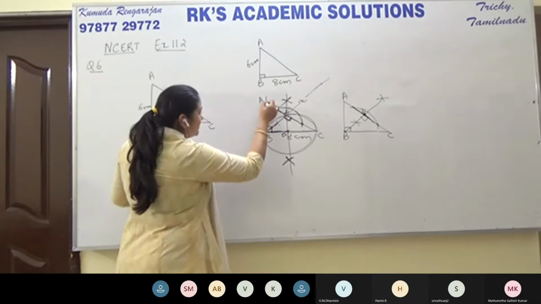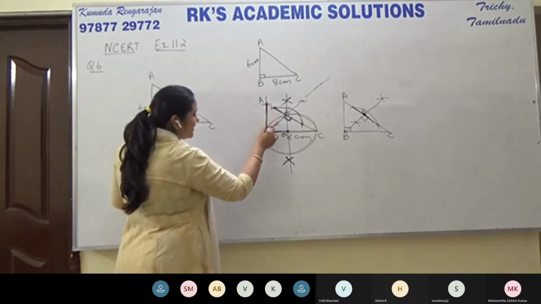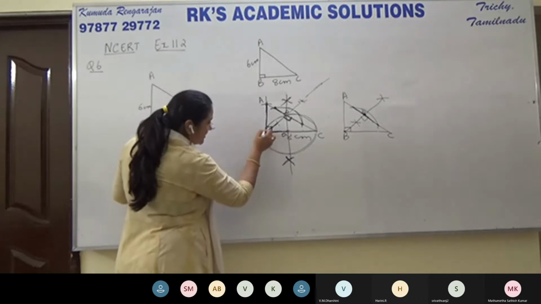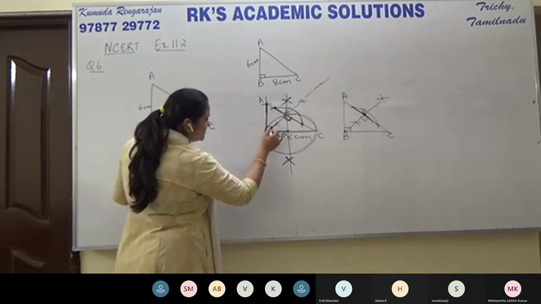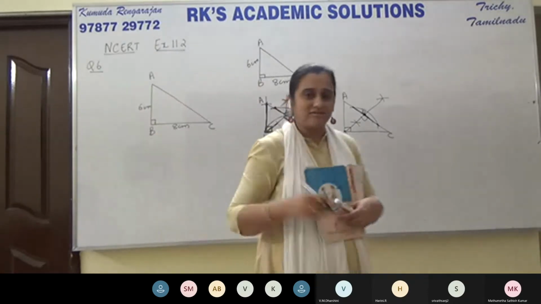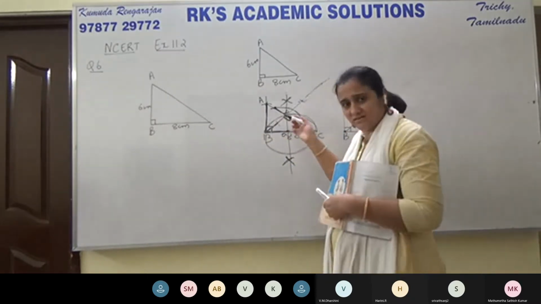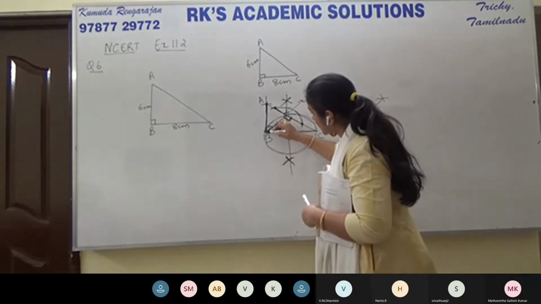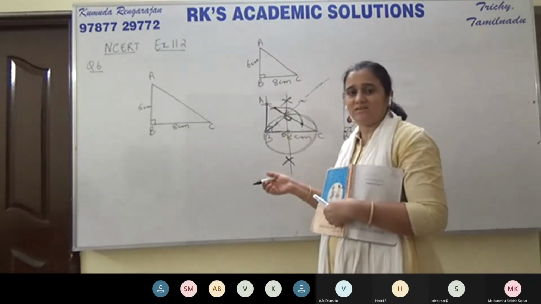I'm saying this AB is already the tangent. The side of the triangle AB is already a tangent to the circle, because you can see OB is the radius. And this is 90 degrees because it's a right triangle. We already had 90 degrees there. So OB is the radius, this is 90 degrees, and then we have BA. That means BA is the tangent, or AB is the tangent.